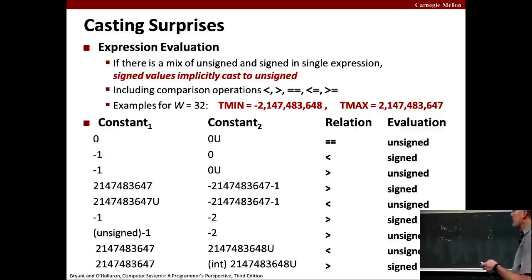When I subtract, you can think of it as negative T max minus 1, so that's T min. So if I do an unsigned comparison between those two, now think of this leading bit not being a negative weight but a positive weight,